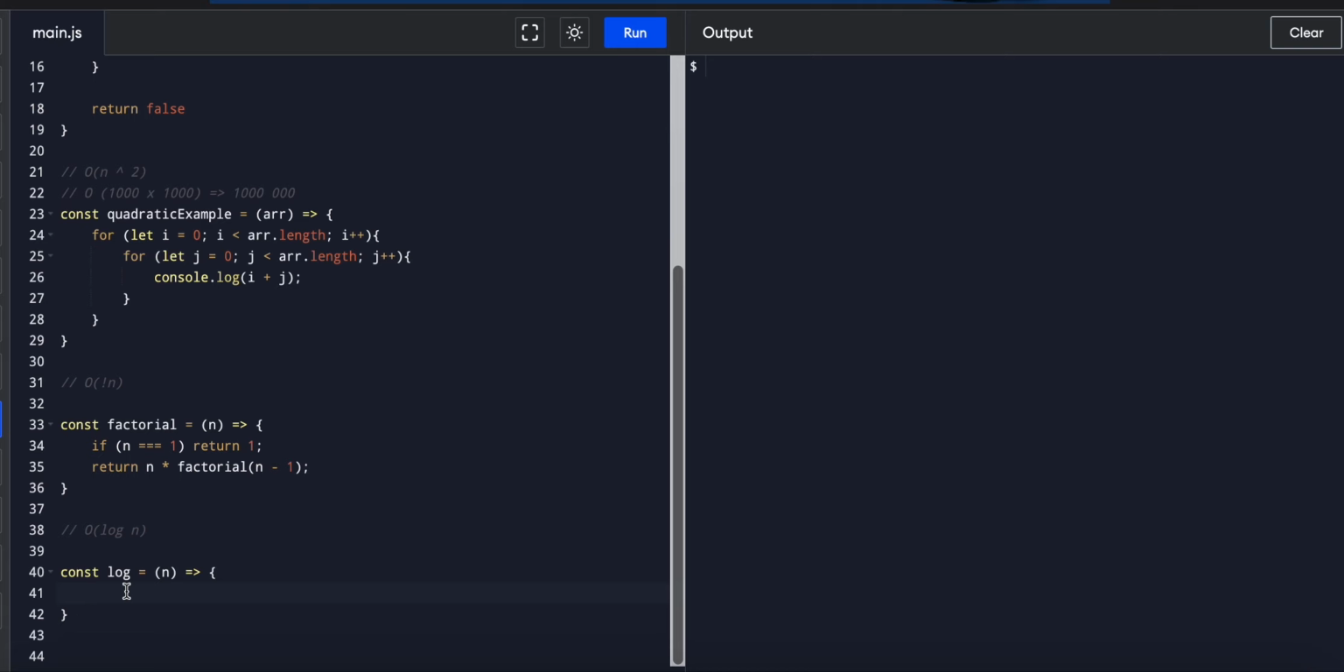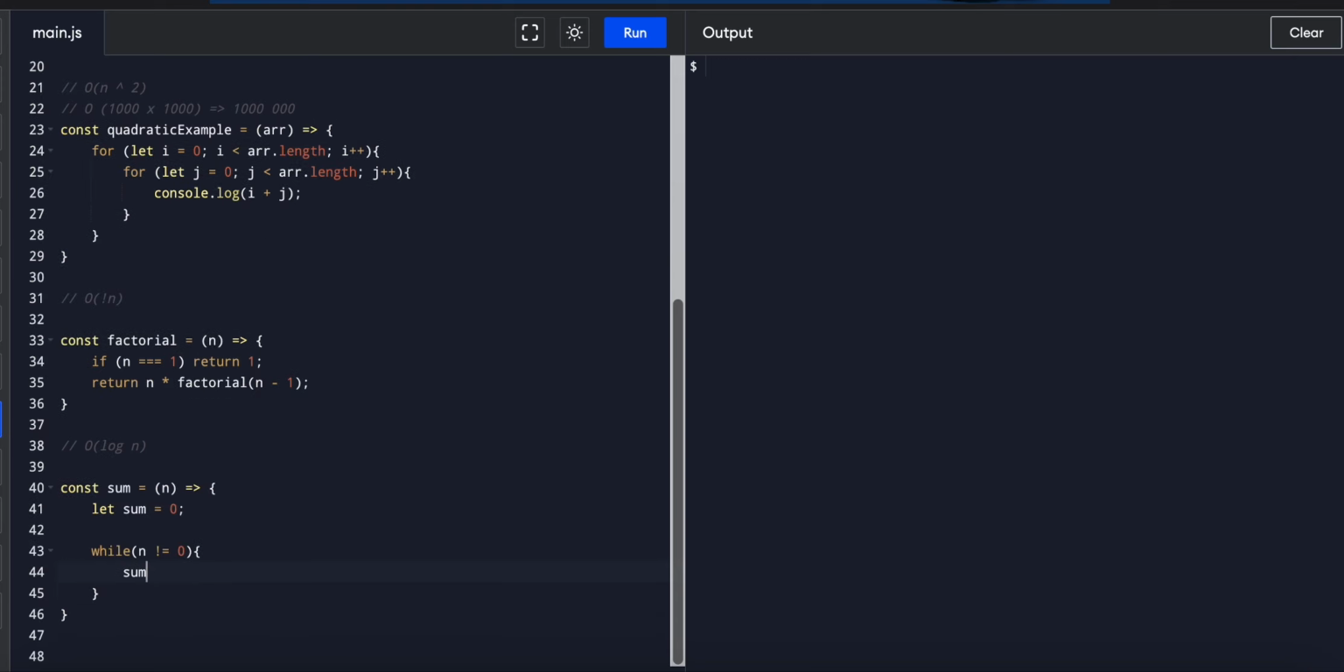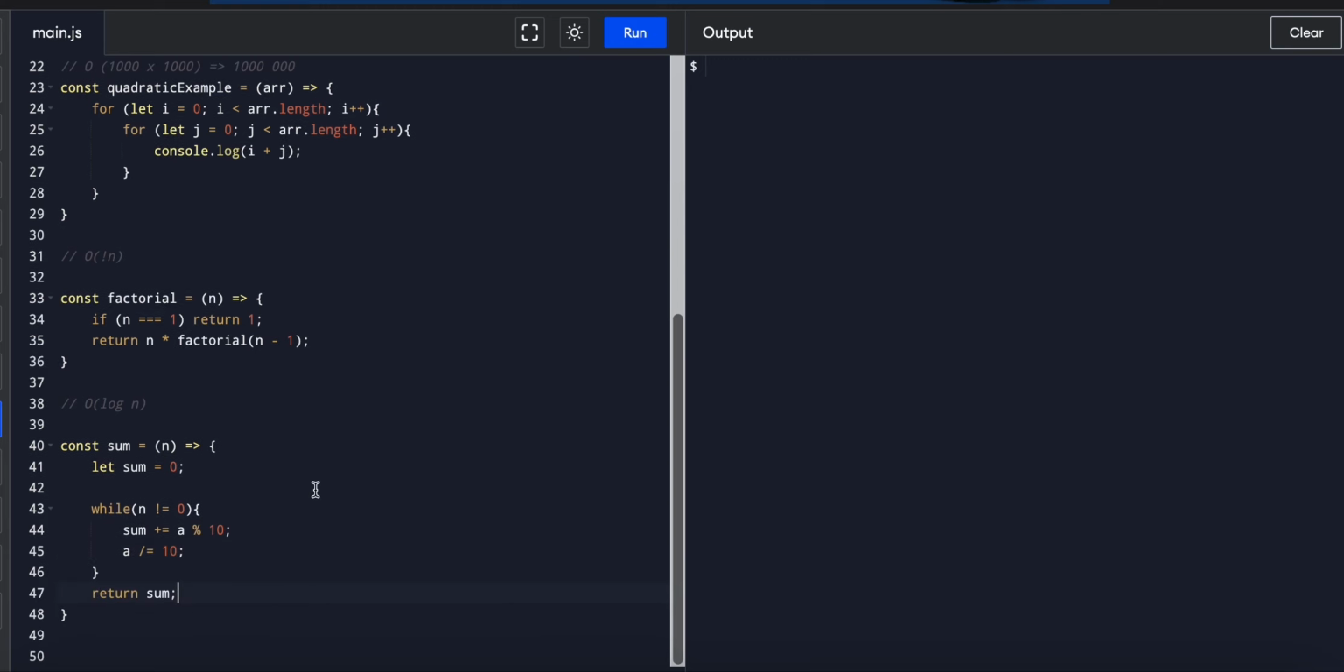Let's implement a simple sum function. So the time complexity of this algorithm is O(log n). Okay,